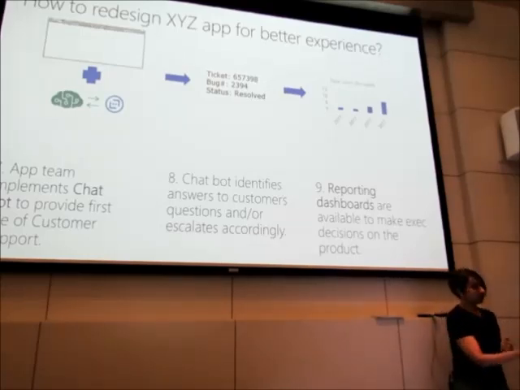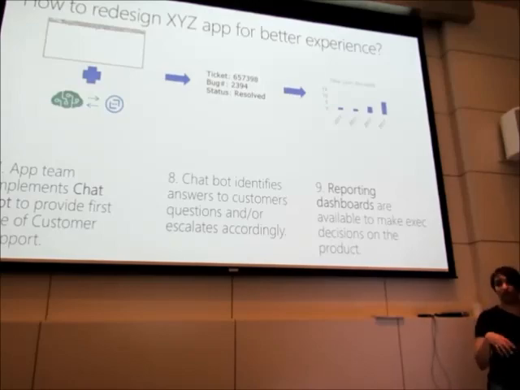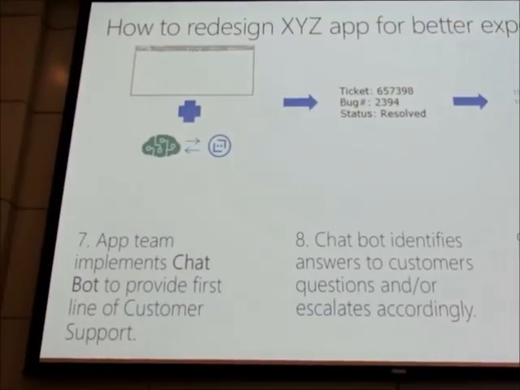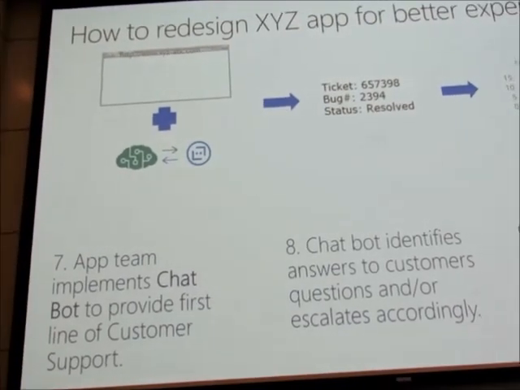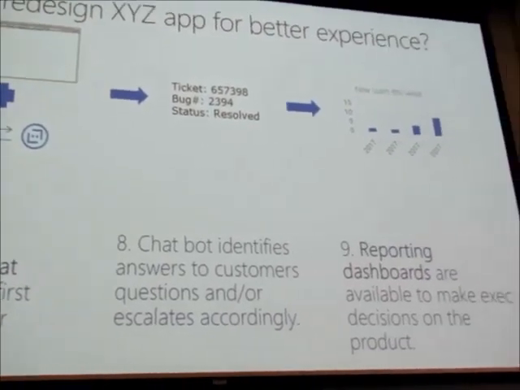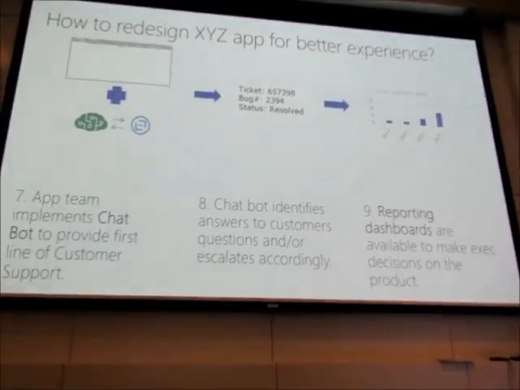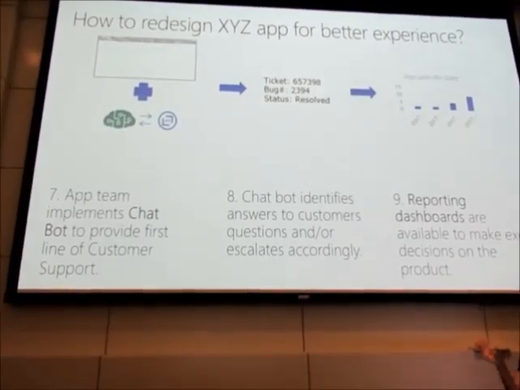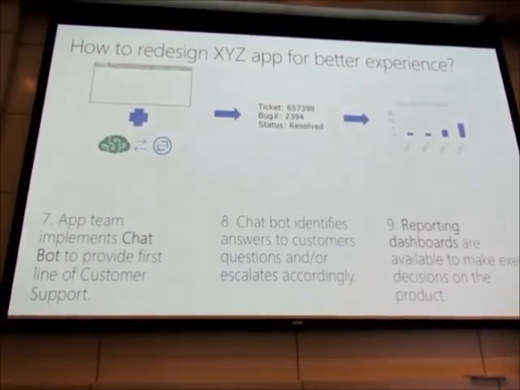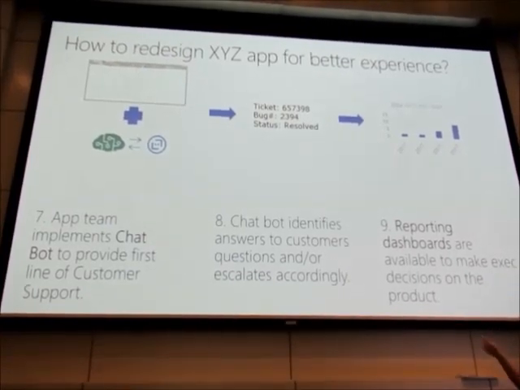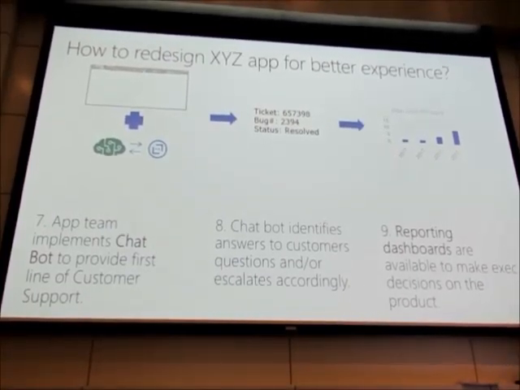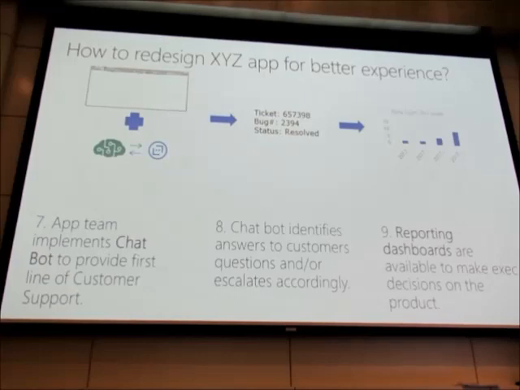This is where you implement a chatbot, to make sure customers always have this kind of support. The bot identifies what the customer needs and answers the questions. Otherwise, it escalates to an agent. And from the business side, whoever is running the application, all this data and these reports are available in dashboards. So this is a way to actually deliver this kind of scenario.